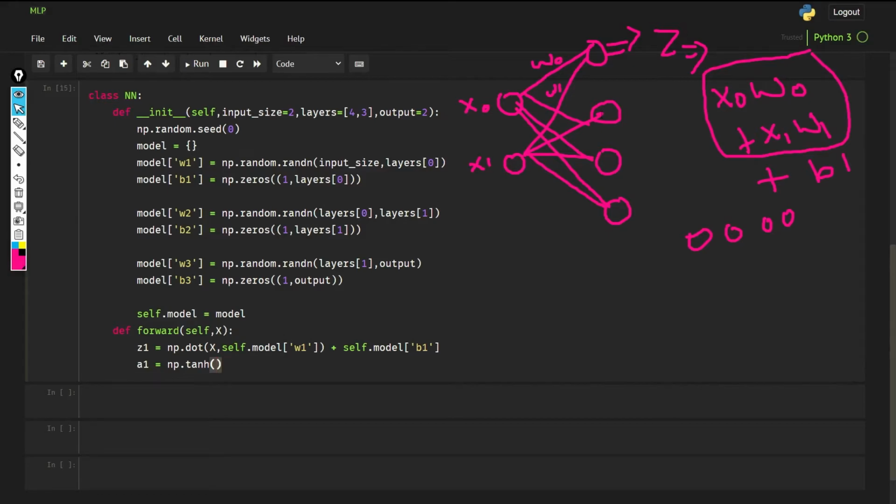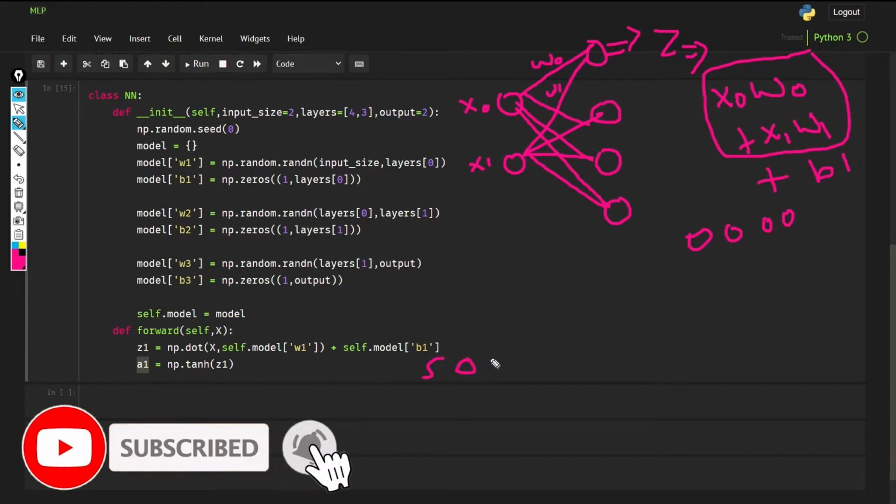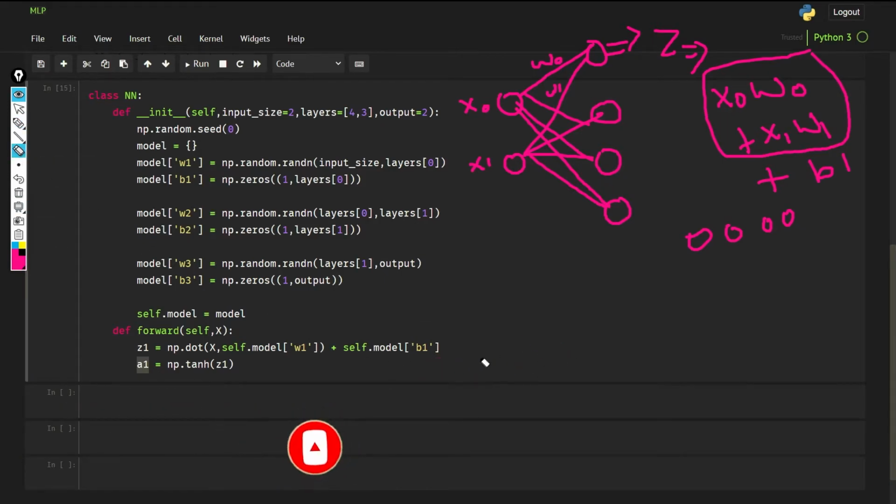Although you can use sigmoid for this small example also, it does not matter. Tanh is also an activation function, so you can use that. Okay, so now we are going to pass z1 through it to get our a1. So our output is still 500 by 4. So this is our output.